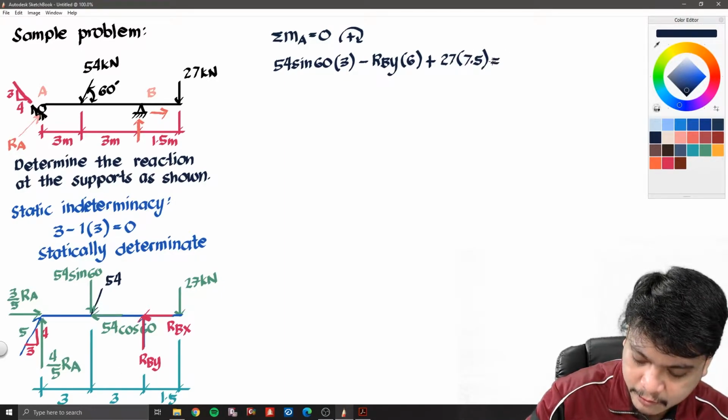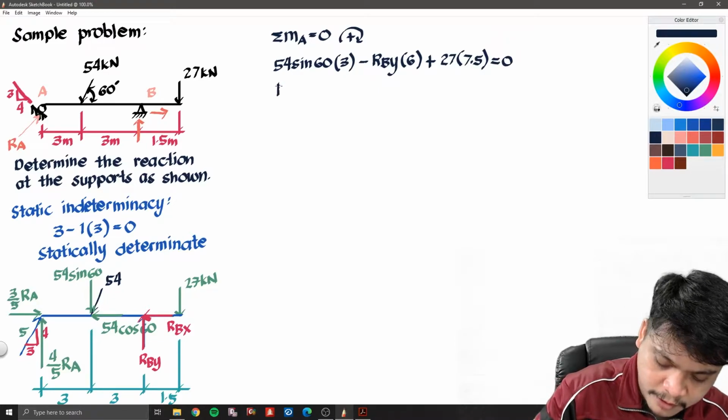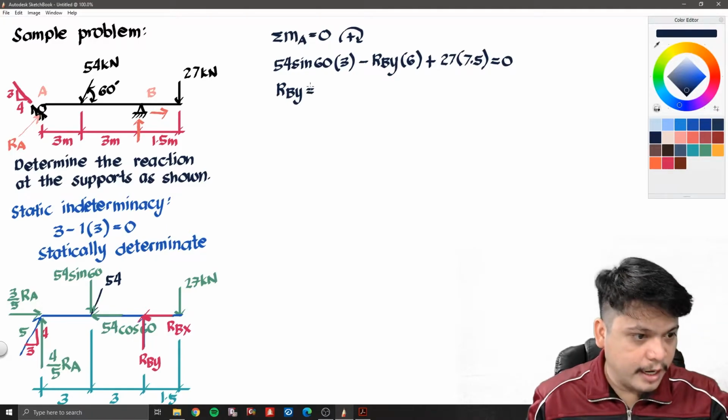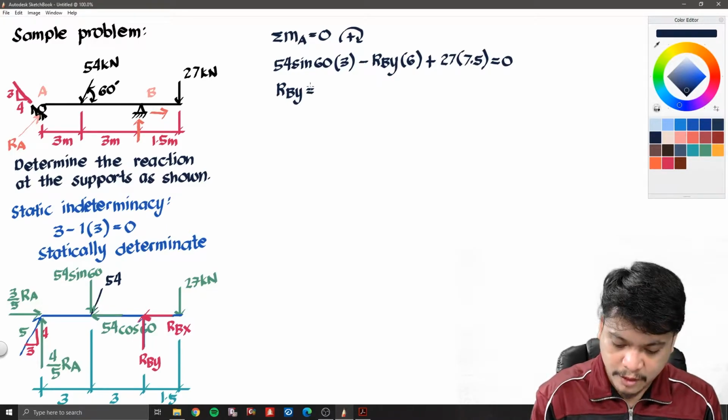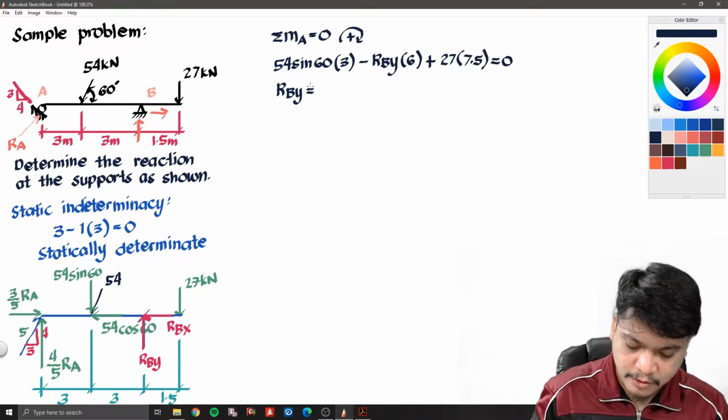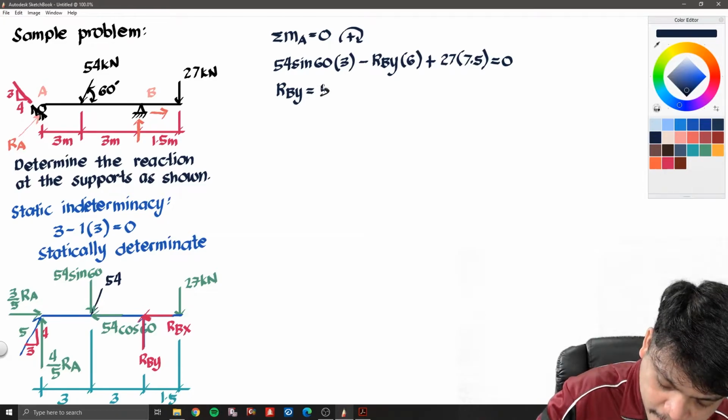Okay, and then that would become equal to 0. With this, you will now have the value of RBY. The RBY would become equal to 54 sine of 60 multiplied by 3 plus 27 times 7.5, and then you divide it by 6, so you will be having here 57.13